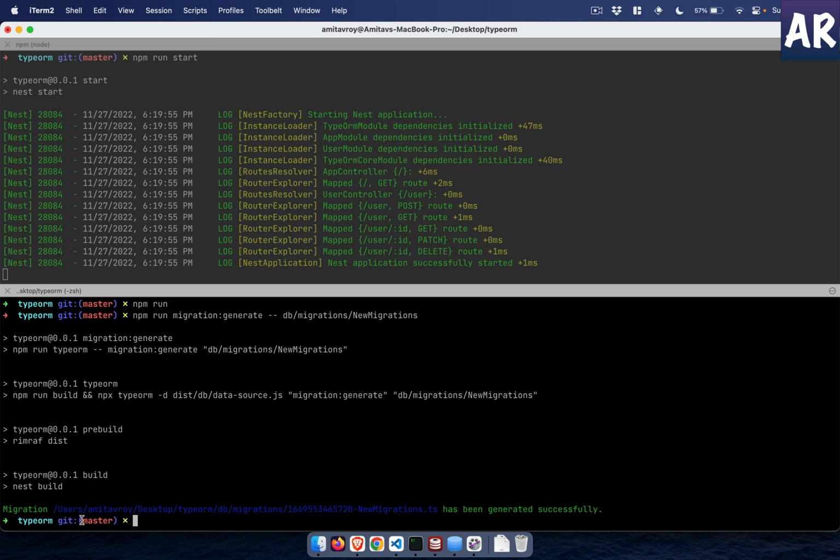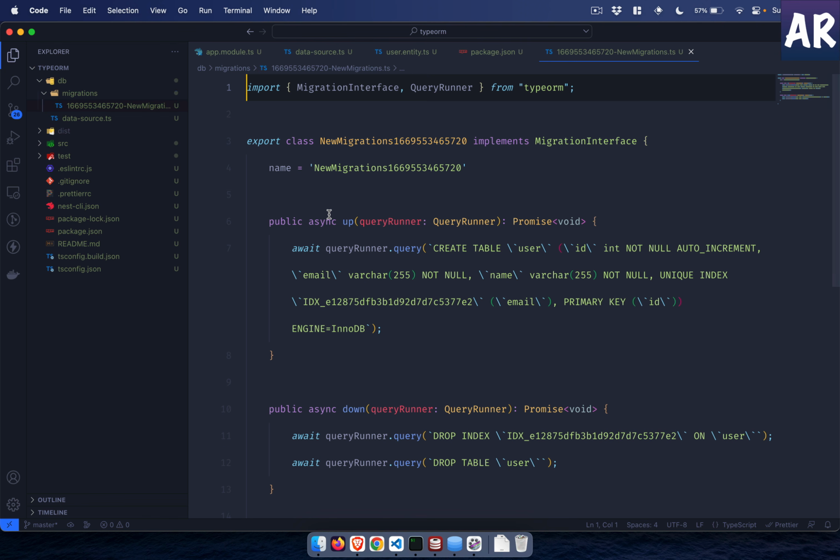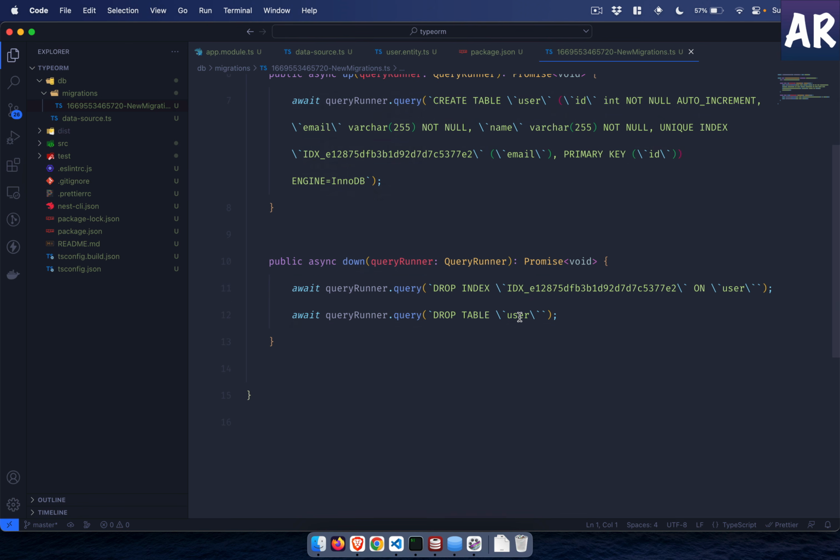It says a file has been generated successfully. Let's look at that. db migrations, yes, this is something which got created. Create table user, id not null, auto increment, email, varchar, right? So everything is here. That's nice. Now the real benefit of migration is,